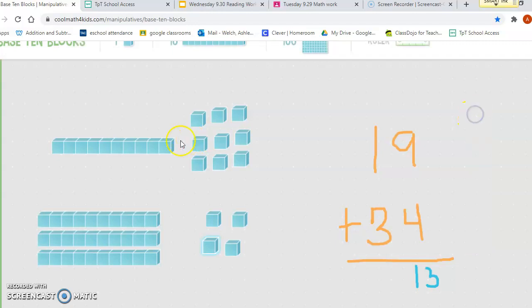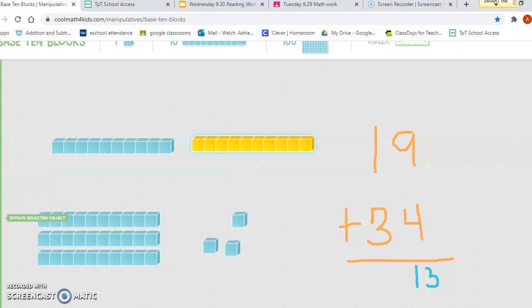So I am going to take 10 into my virtual hand, and if you had blocks at home, you could take 10 into your actual hand, and I'm going to circle 10 of them, right? Because that was 9 and one more. Let me change the color so you can see it clearly. I had 9 and one more, so here's my 10 I'm going to take, and I'm going to trade it. So if you had your blocks, you could put them in your bag, and you could get out a tens block. Now I can't keep that tens block in the ones place,